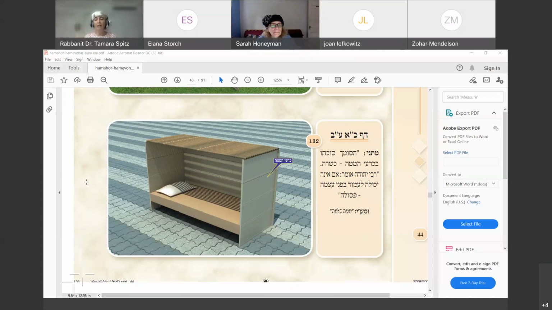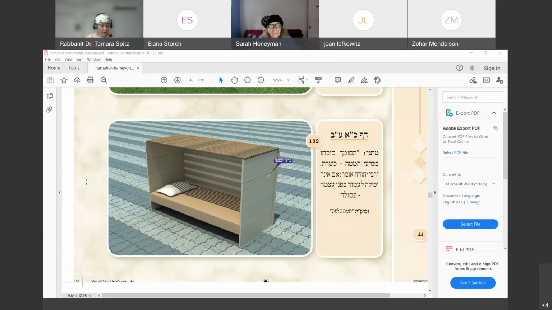Just to remind us, if there is a dead body in an enclosed area, in a tent, in an ohel, then everything in that room would become tameh, would become impure. So that's really what we're trying to understand. What do we call an enclosed area? And here the Gemara says at the top of 21, one idea is that it needs to be man-made. So if you were in a natural grotto or a cave, maybe that would not convey tum'ah, impurity, the way we would think it would. Or again, another opinion is no, it does not have to be man-made, and even something natural could be seen as an